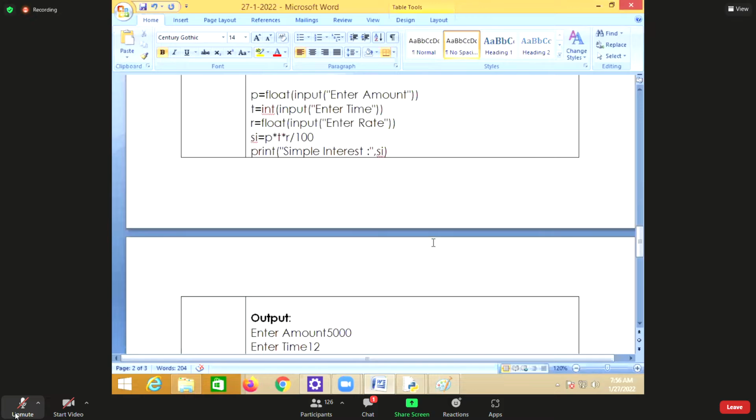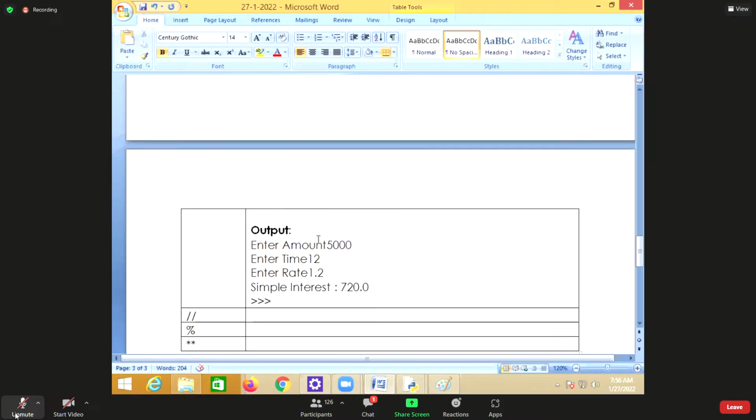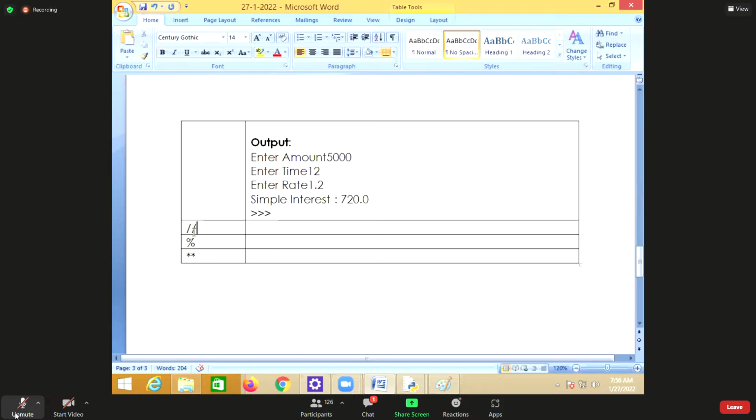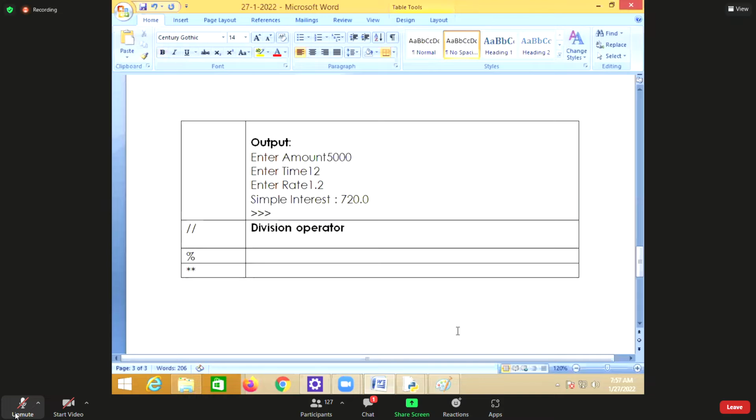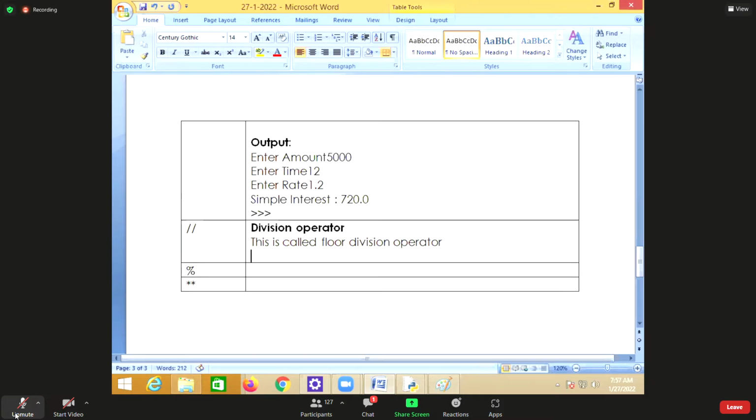Okay. Then there is one more division operator. And what is that division operator? Slash slash. Now slash slash is also called which operator? Division operator. But this division operator is called the floor division operator. Floor division operator. This operator